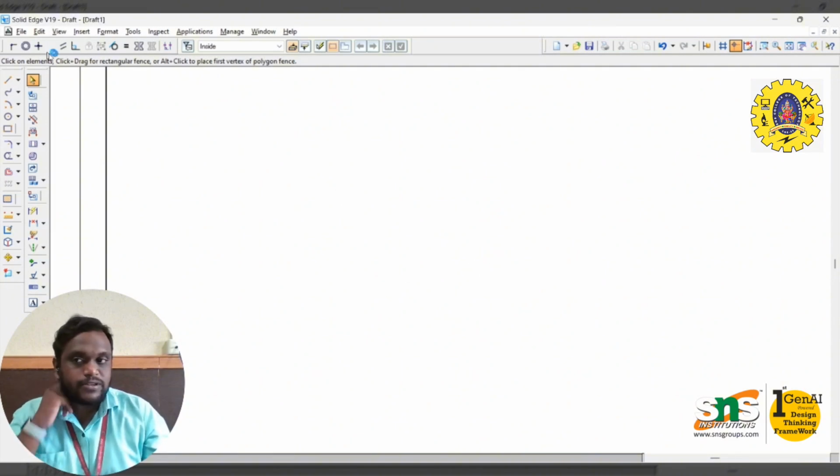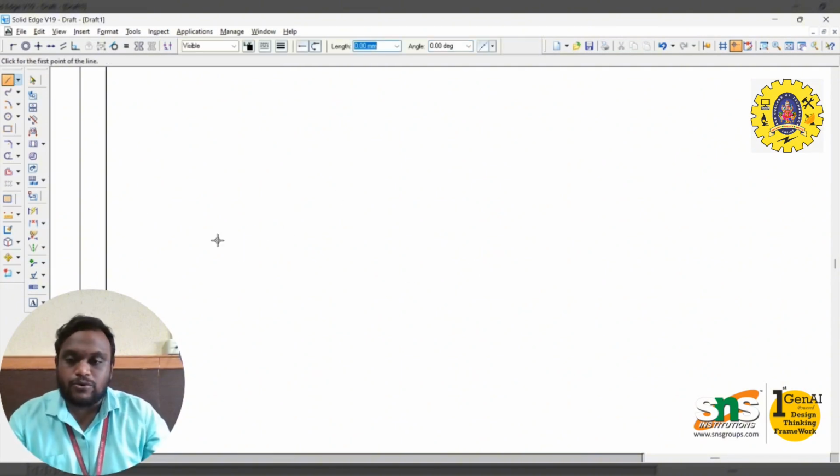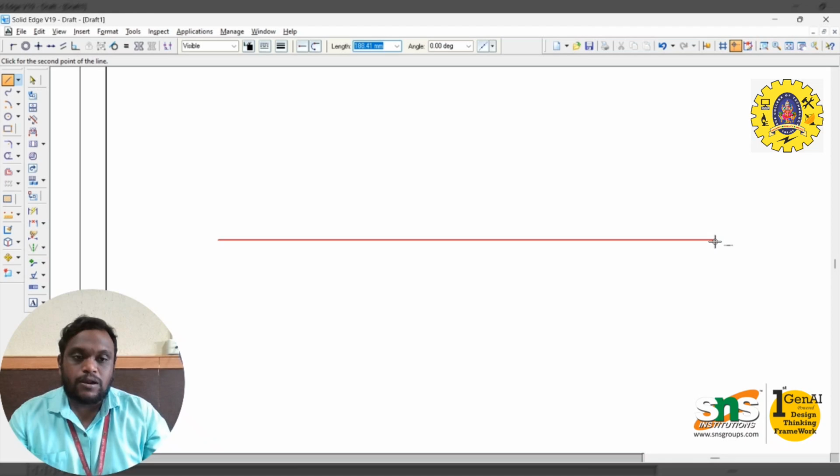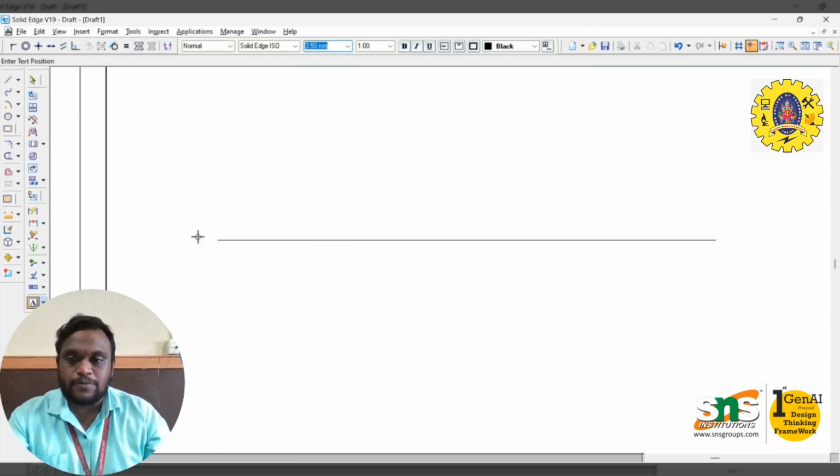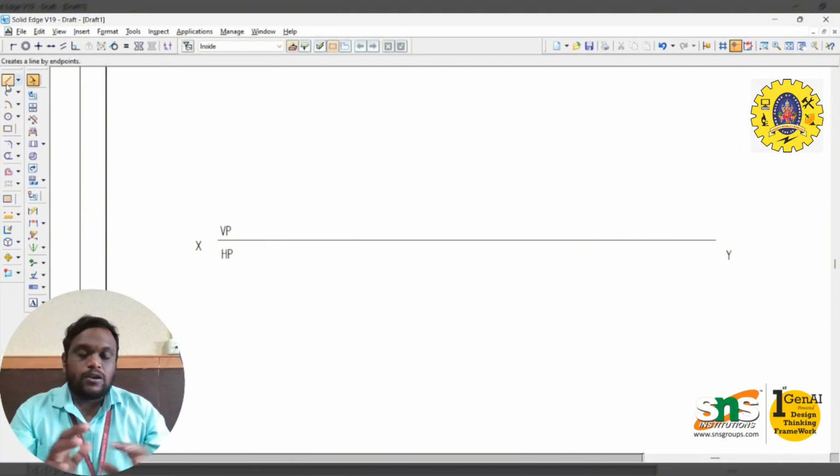So as we discussed earlier, this is the way I have to draw. This is the normal reference plane. We have to draw here like this, and this will be your x, this will be your y. Similarly, I have to mention this as the vertical plane, and the lower part will be the horizontal plane. So this is how we draw, and now we are going to project the hexagon prism